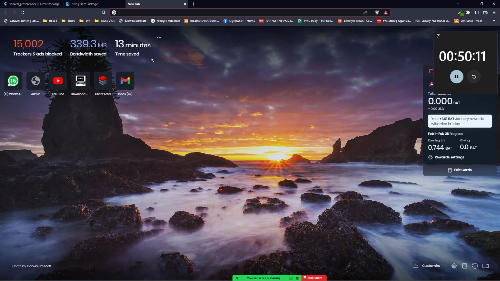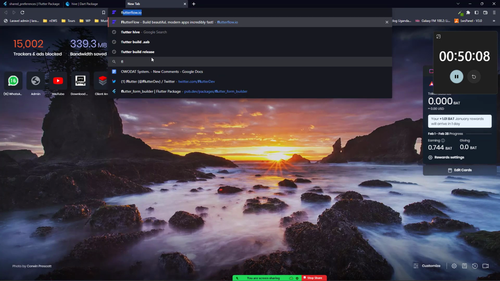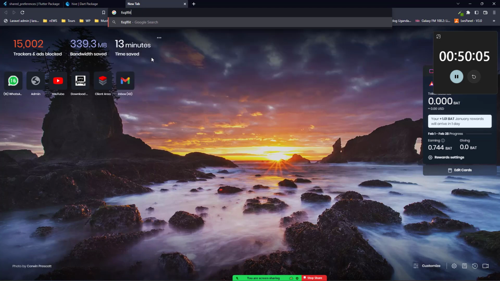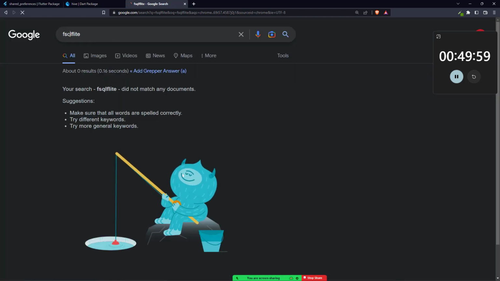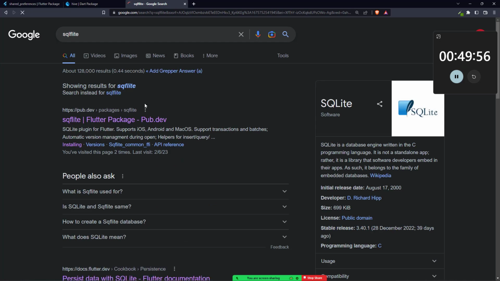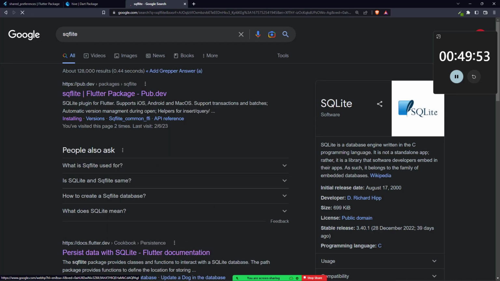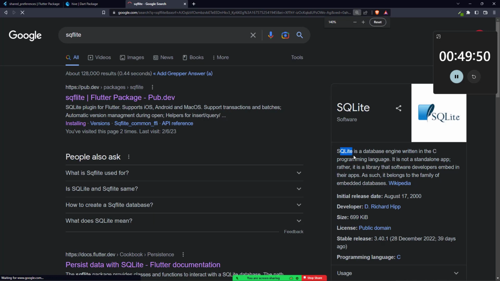Another one is called SQLite. It is motivated by SQLite, and it uses what? SQLite. In simple terms, SQLite is a database engine written in the C programming language. It is not a standalone application, rather it's a library, software embedded in apps. In simple terms, SQLite is a database, like the way you see MySQL database and the rest,